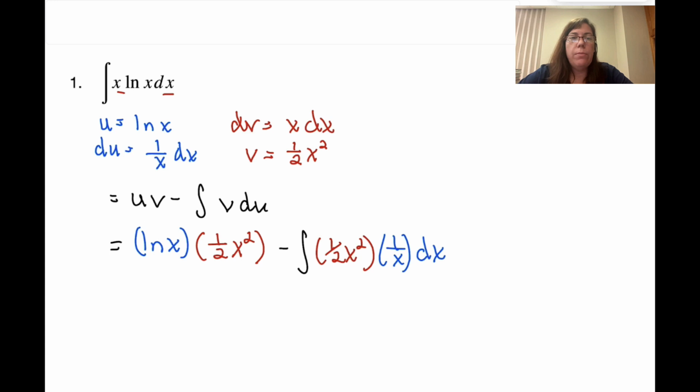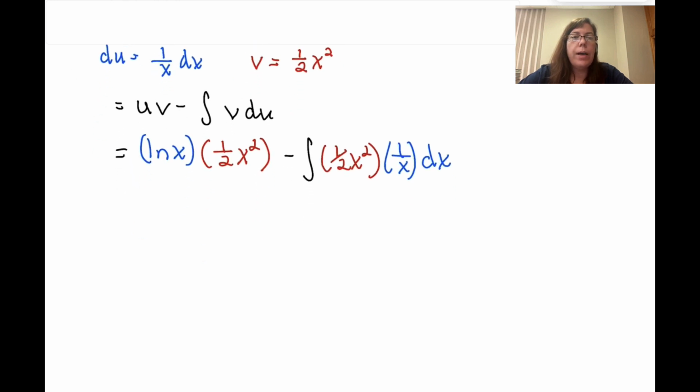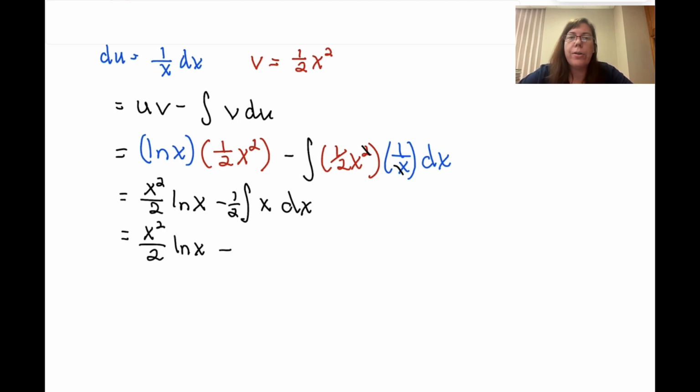All right, let's simplify now. Multiplying the natural log of x times the 1/2 x squared, we get x squared over 2 times the natural log of x. And then simplifying this integral, I can factor out my 1/2 and simplify my x's. And so now see how that's simplified down? That integral is now just the integral of x, which we can easily figure out because we know the integral of x is just simply 1/2 x squared. And then simplify down, we get x squared over 2 times the natural log of x minus 1/4 x squared